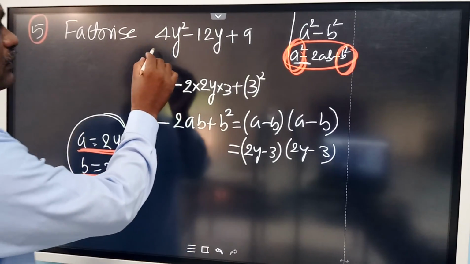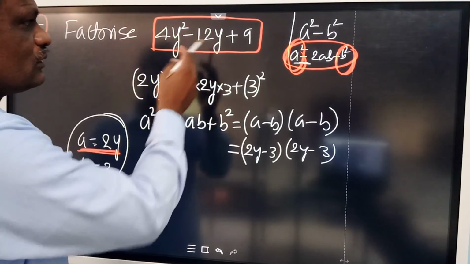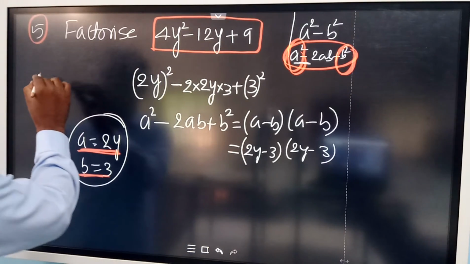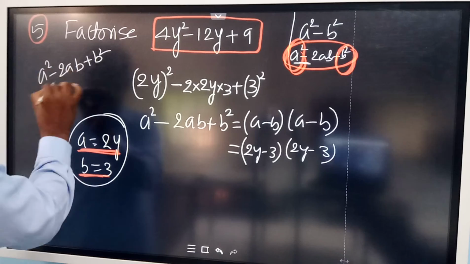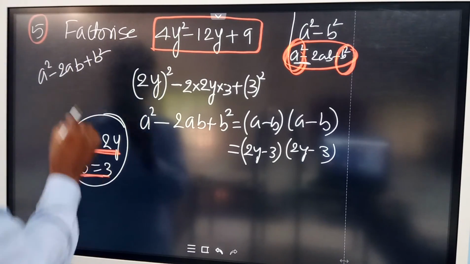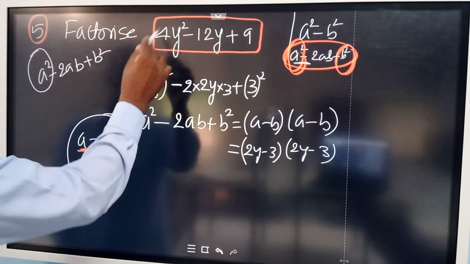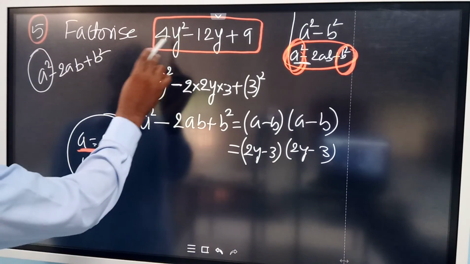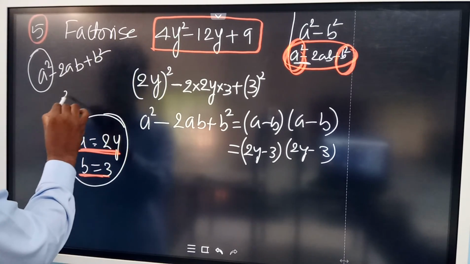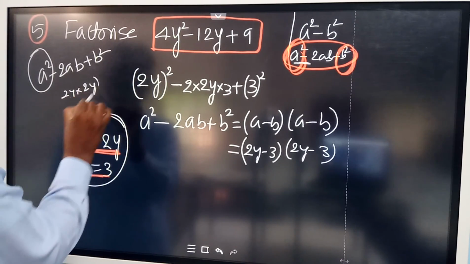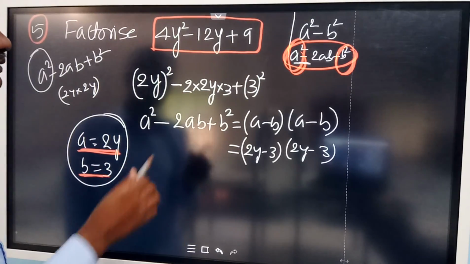Listen here. The given expression is 4y square minus 12y plus 9. You can recall the identity a square minus 2ab plus b square, because we have a minus sign in the middle term. Now a square is 4y square, so you write this entire thing inside the square. 4y square can be written as (2y) whole square, because 2y into 2y is 4y square. And the last term 9. First you write the first